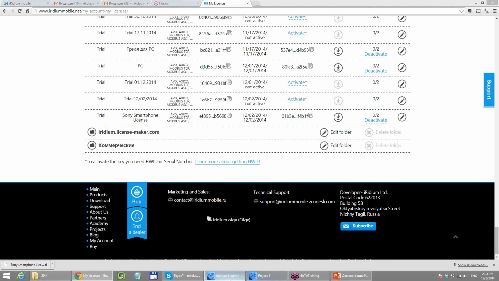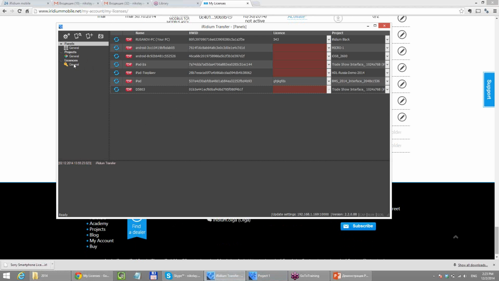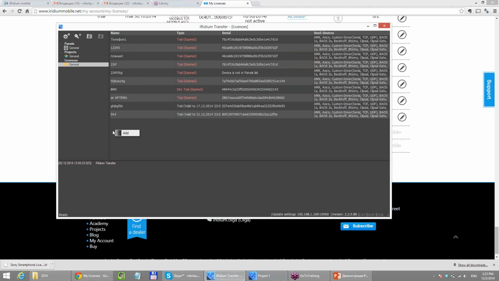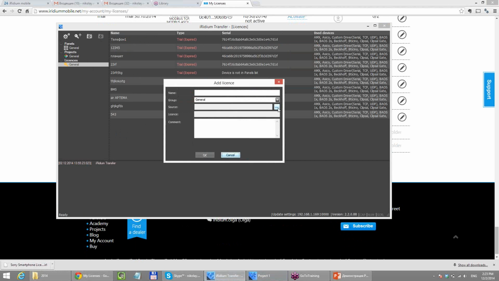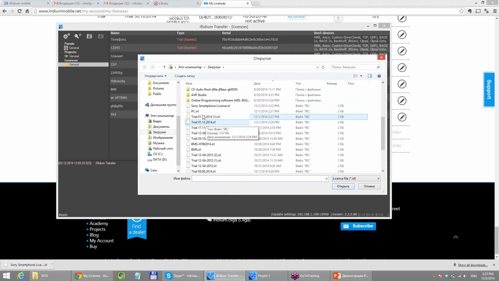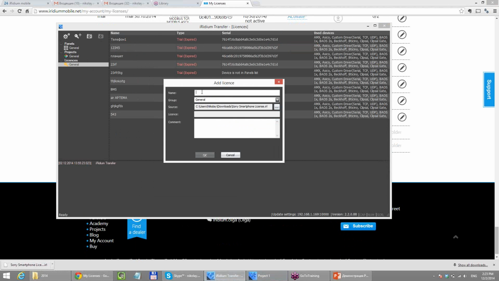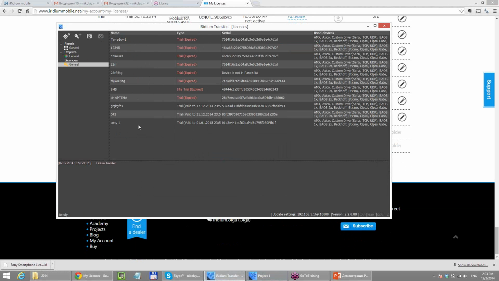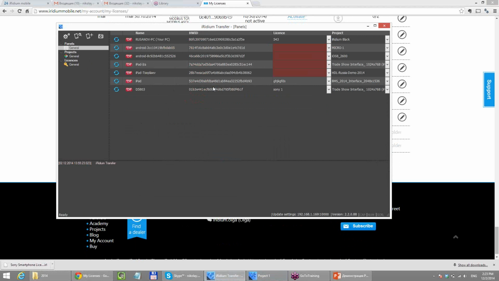Okay, so now I go back to transfer. I go to licenses section, right click here and select add. I select my license. This is the one, smartphone license. I have a name for it. So this is my license, it is added. In panels,